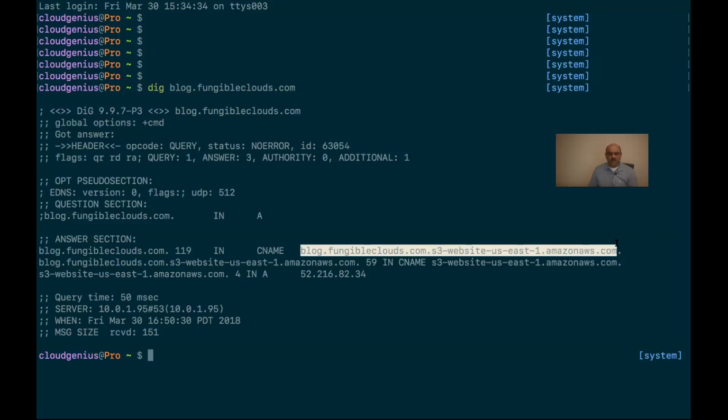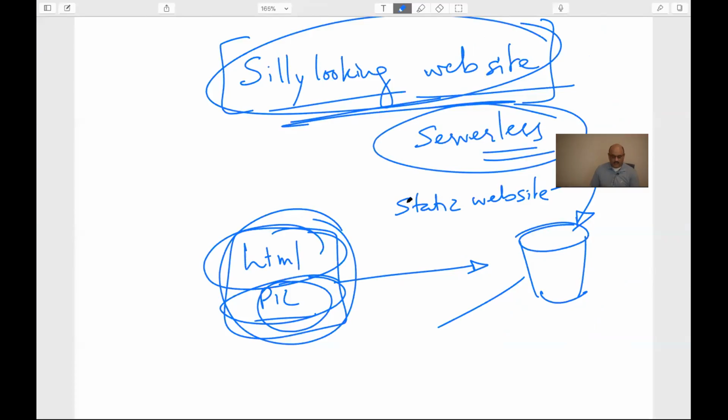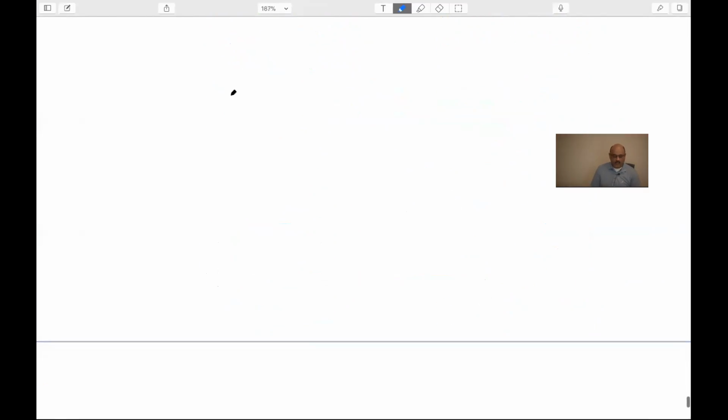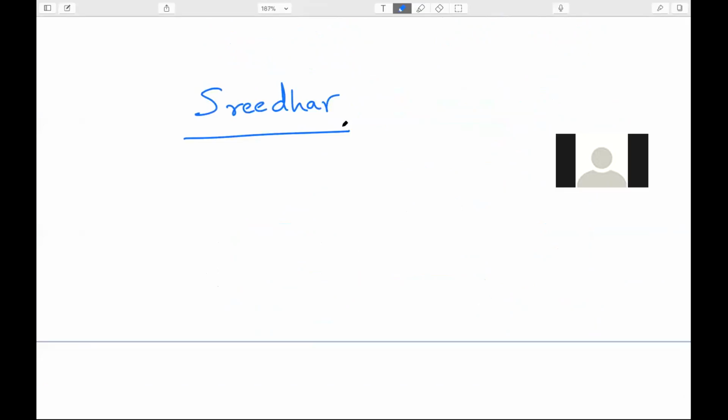Very long, very difficult to remember, right? So what I'm talking about at this moment is the idea of what I call alias. An alias is something like this. Like, you know, we have our friend here. His name is Sridhar. And to some people, Sridhar can be difficult to pronounce and remember. So what does Sridhar do? He calls himself